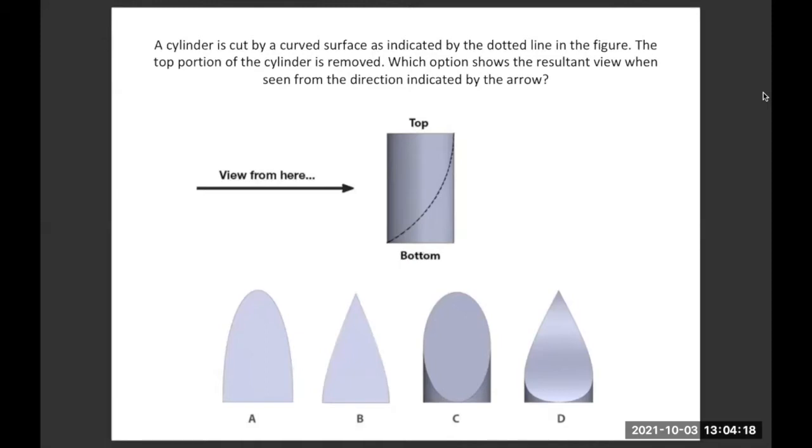Okay, I have one question for you. When you cut a cylinder from the extreme corner, will there be a point or will it be a curved edge like this? Will it be a point like this or will it be a curved edge like this? A curved edge. Okay, who said that? Okay, somebody said B also.